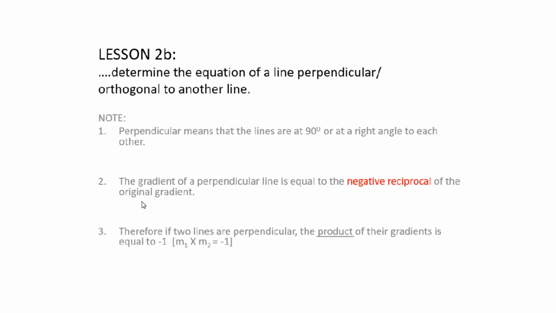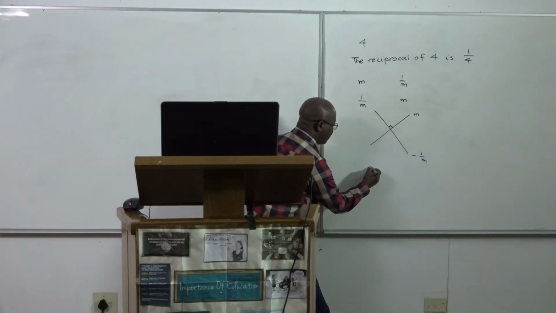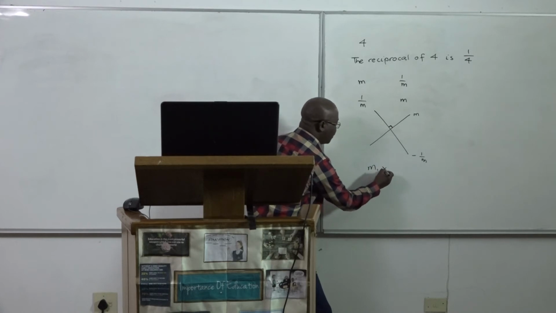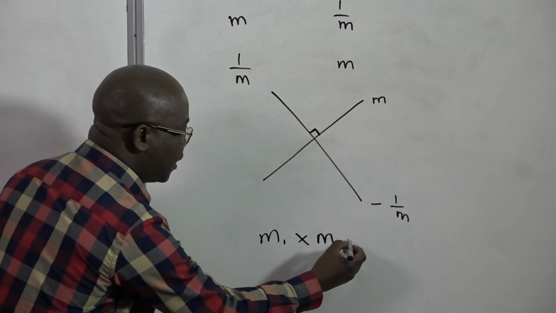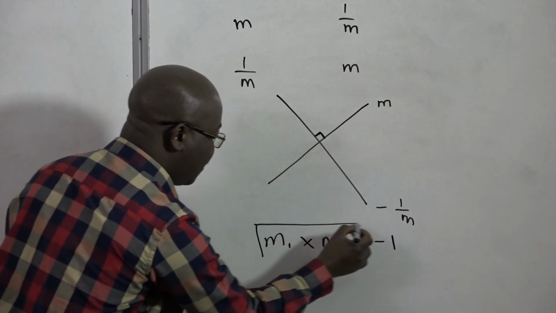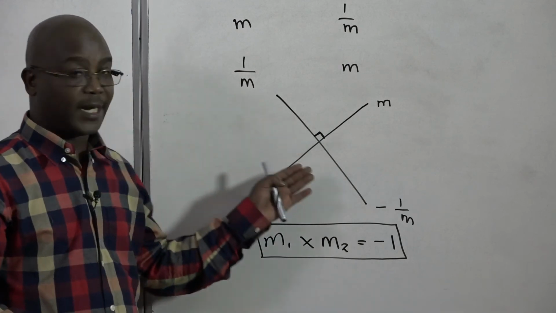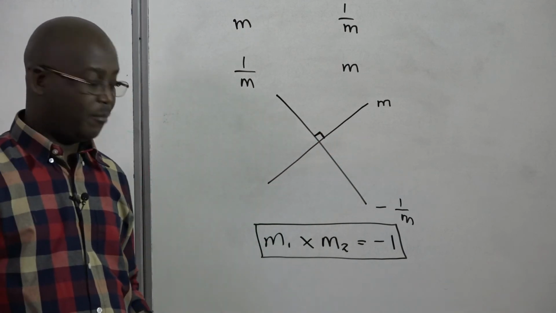So if two lines are perpendicular, the product of their gradients is always equal to minus 1. We normally show this by a small equation which says the gradient of the first line times the gradient of the second line is always equal to minus 1. This is a very important relationship when we are dealing with the gradients of perpendicular lines,